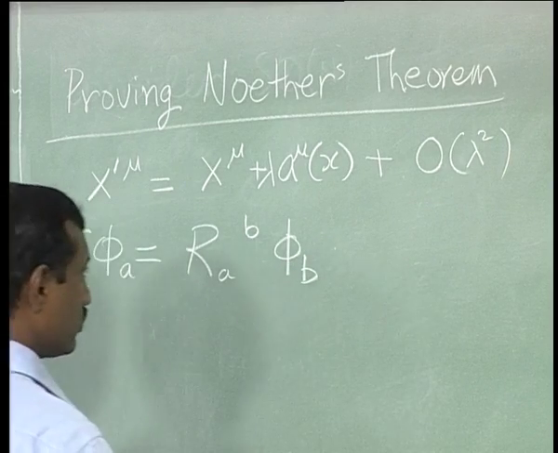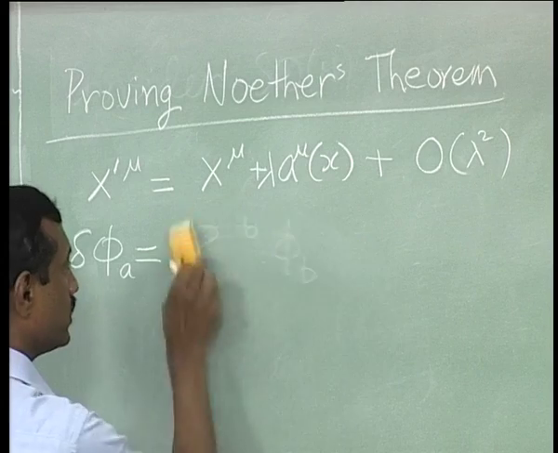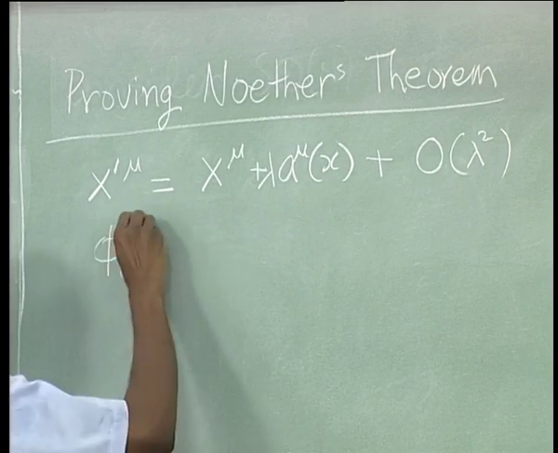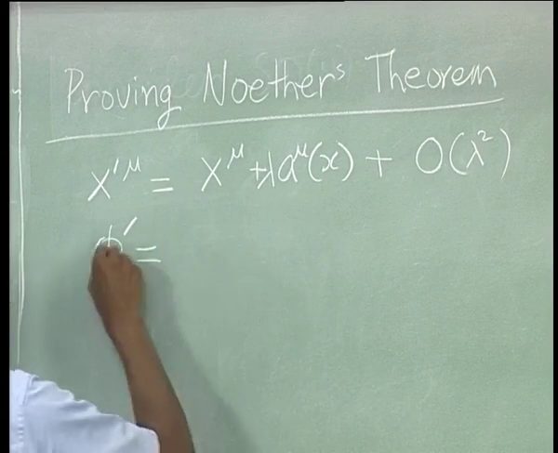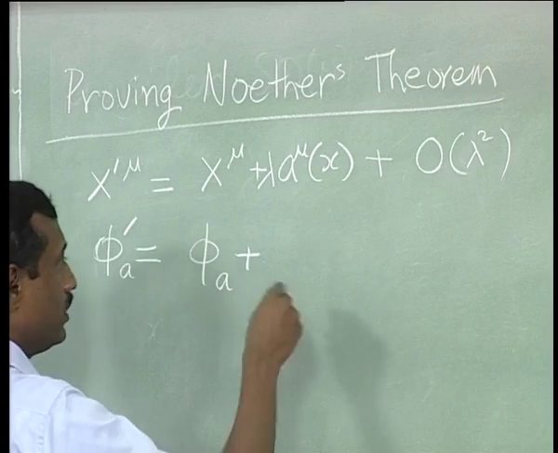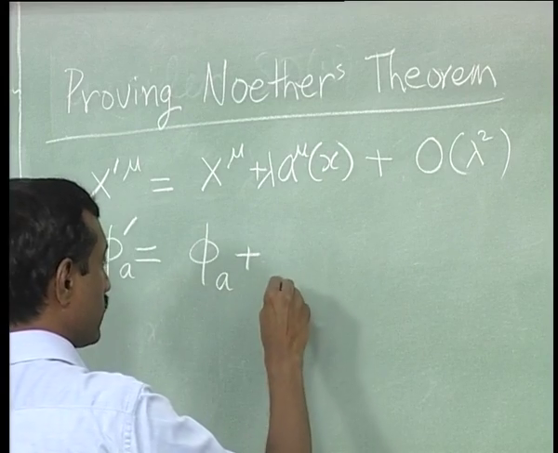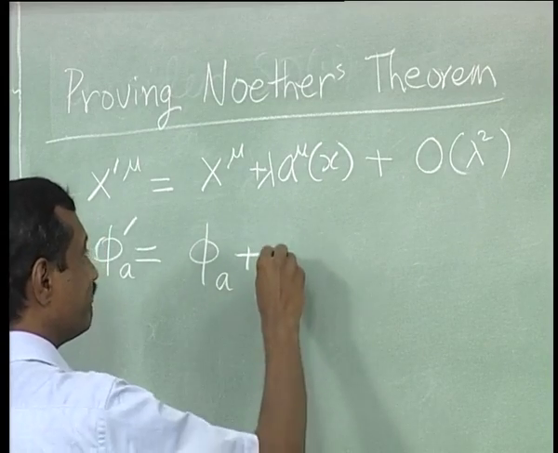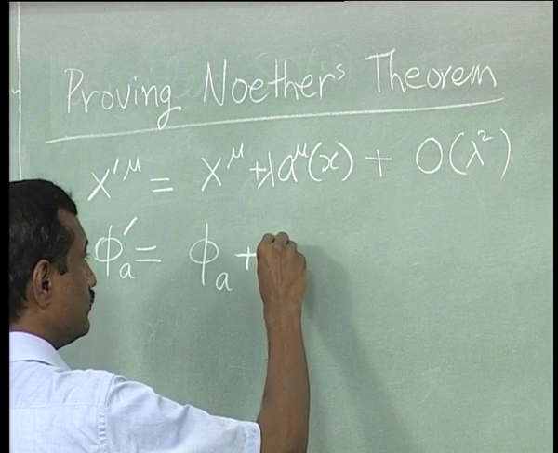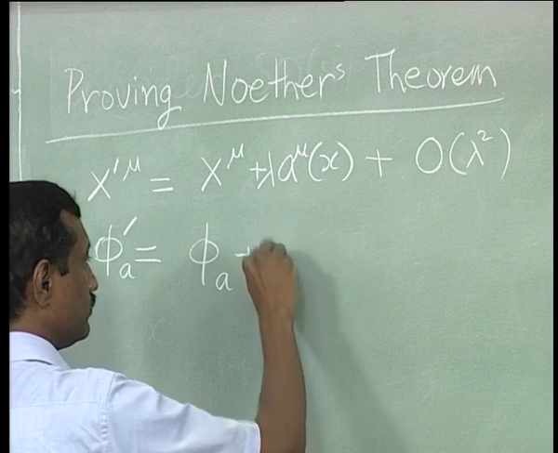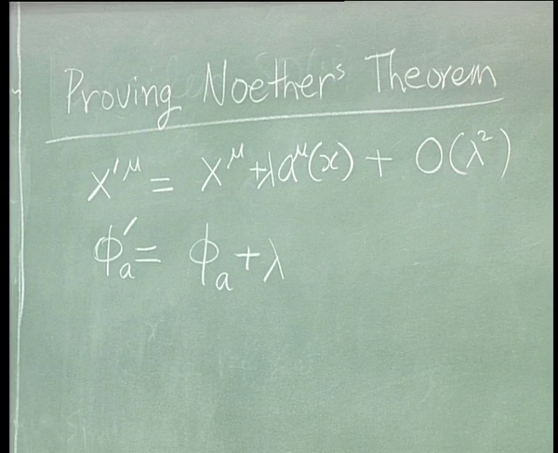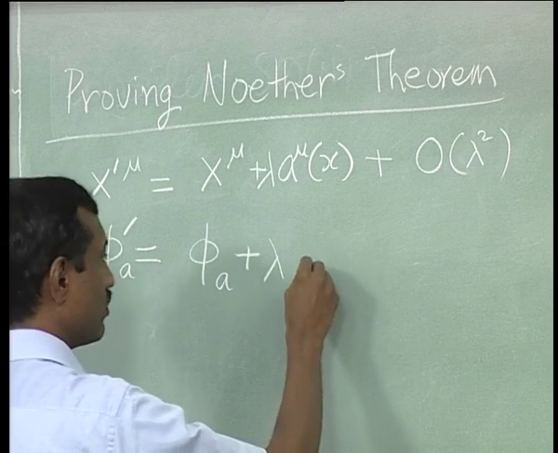Now I want to write it in this fashion. It will be some phi a plus some bunch of parameters. So let us just call it, that is this free parameter. I am looking for some parameter which will not